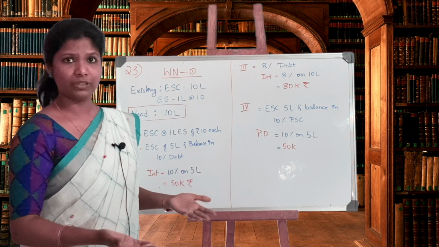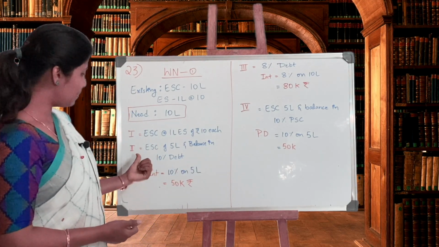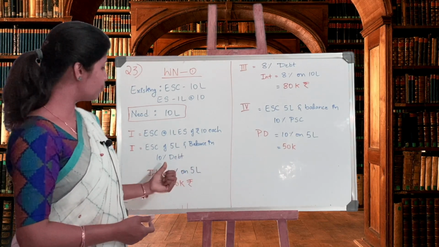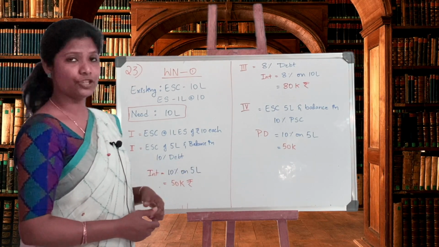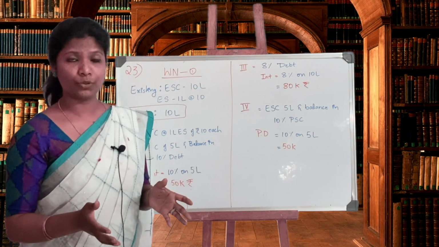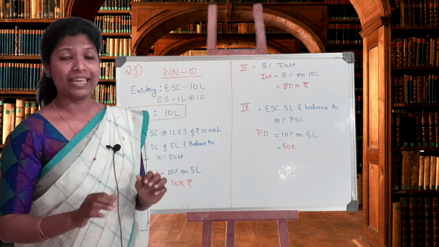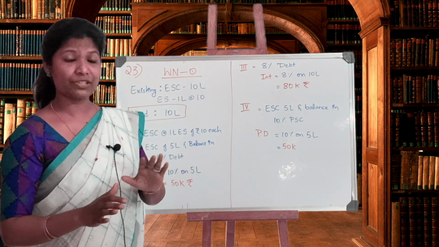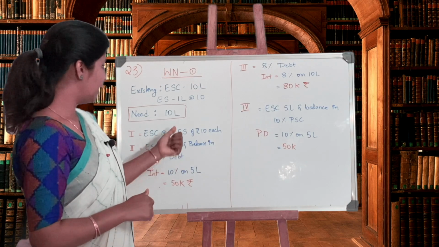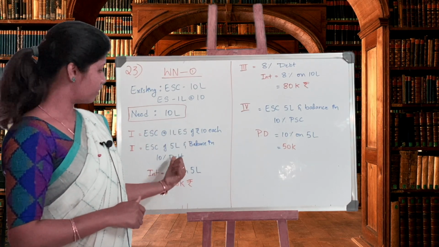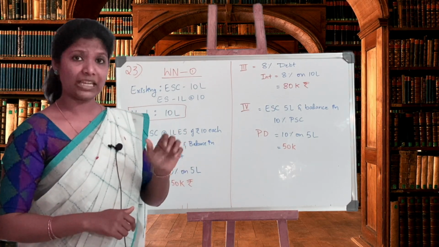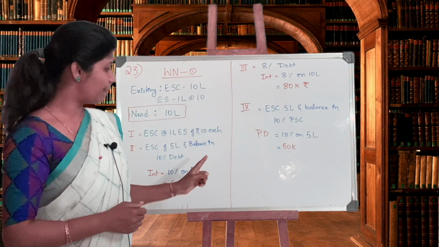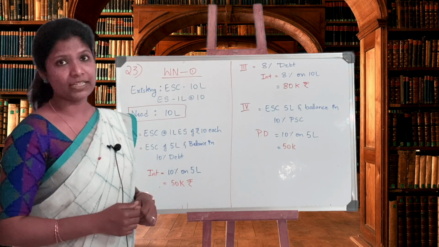That will make up to 10 lakh. My second plan is equity share capital of rupees 5 lakh and balance in 10% debenture. Now here, how much capital total do I need? 10 lakh rupees. In that 10 lakh rupees, I am breaking down a part of the capital, that is 50% of the capital. 10 lakh, 50% is how much? 5 lakh. So 5 lakh in equity and 5 lakh in debenture. So that's why they told balance in 10% debenture.